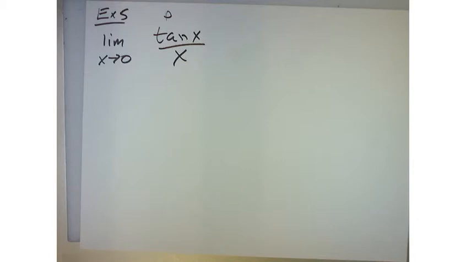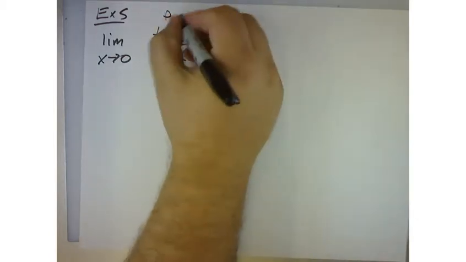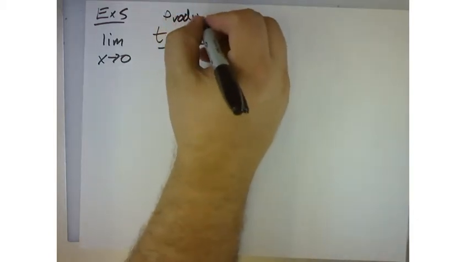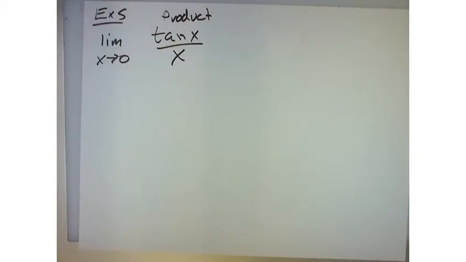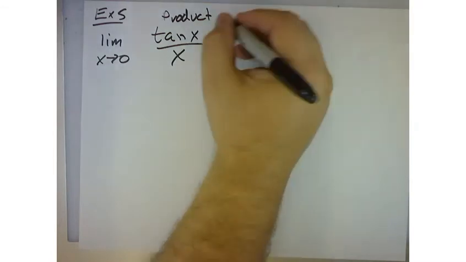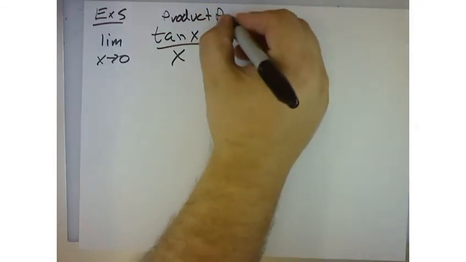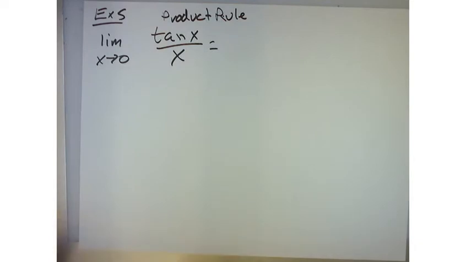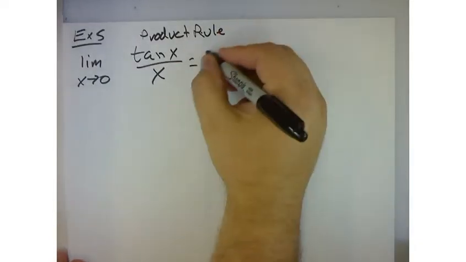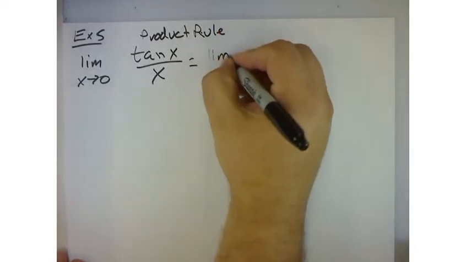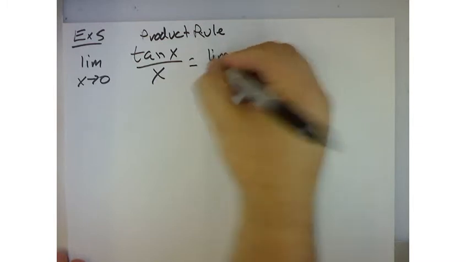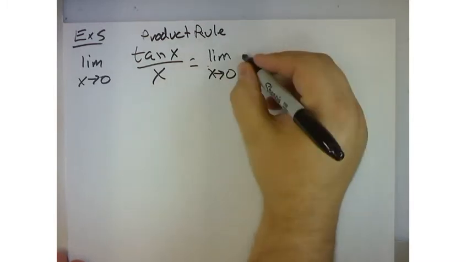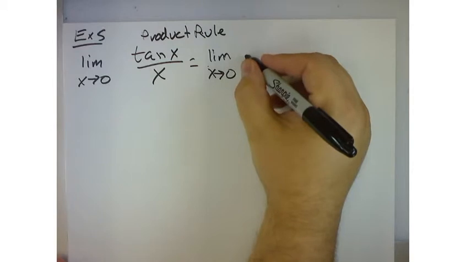Because multiplication and division are really the same. But the product rule says that if I take the limit of two factors of a quotient or a product, then I could just multiply the limits and that'll give me the same thing. So in other words, this is going to be equal to, remember that tangent